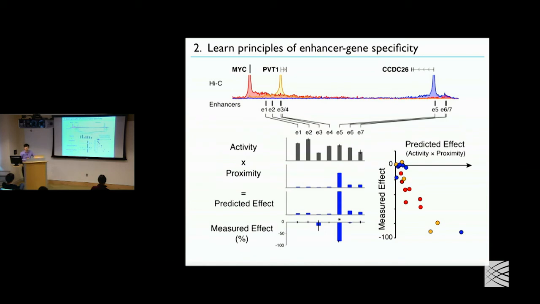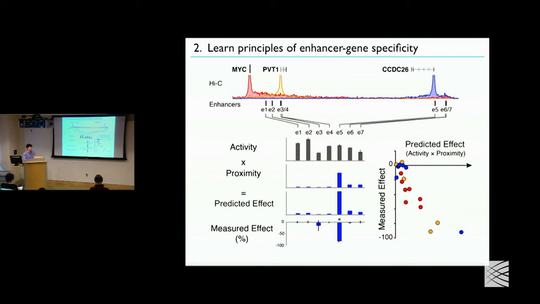So, yes? Seems like the proximity is one of the strongest effects here. I'm just curious if your model is more predictive than just predicting based on proximity alone. Yes, it is. I focused on these 7 enhancers here because we had found them to regulate MIC, but remember that there are hundreds of other ones, and we wouldn't have been able to distinguish these 7 from the other 100 if we didn't have the activity measurement. But in terms of their relative effects, they are also playing a role in creating this nice correlation. If you take this away, this line looks worse.